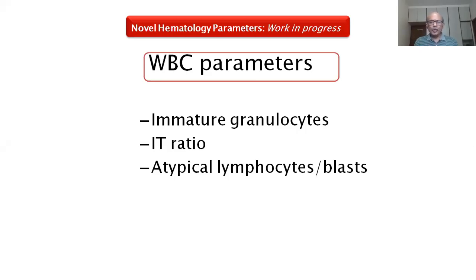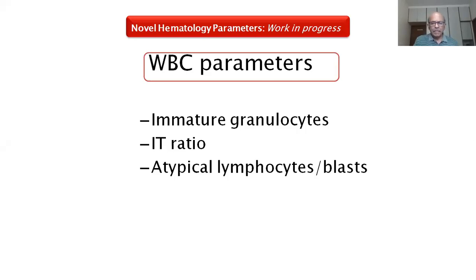We all know that the most sensitive parameter for sepsis in newborn is the IT ratio, immature to total granulocyte ratio. Unfortunately, most of the pathologists will not give you an IT ratio because it needs a lot of time to look under the microscope. Now, this problem can be solved by these newer hematology analyzer machines, which will give you an exact IT ratio, which will help you diagnose whether probably this patient has sepsis.